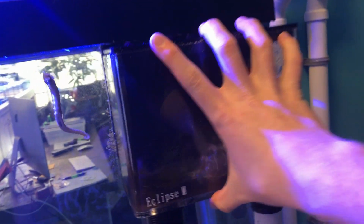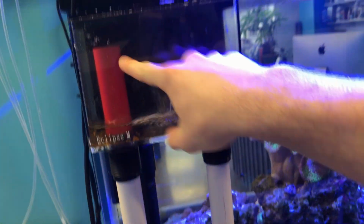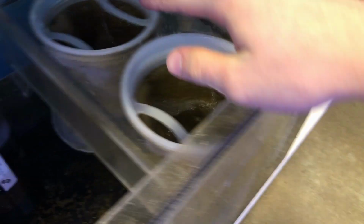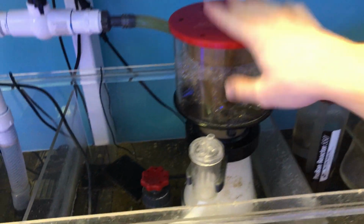The aquarium itself is glass. It's drilled with these eShops overflow boxes. We have one on this side and one on this side. It drains down. This little red thing is an emergency overflow in case it gets too high, but it drains down through here, down into the sump, which was made by Joel. And we have 2 filter socks. We also have a phosphate GFO reactor, which then circles it around, puts it back into here. And we have a Reef Octopus skimmer, flows through there, biomedia, and then back up through the turn,